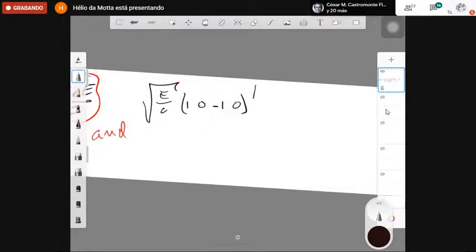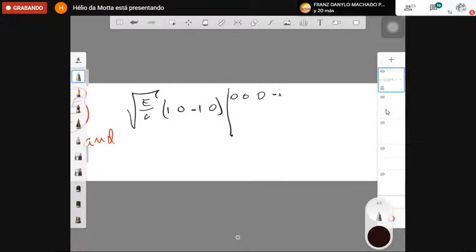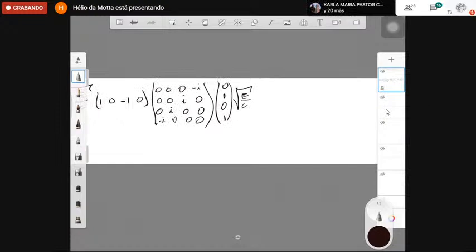Again, the matrix here, that's 0, 0, 0, 0, minus I, 0, 0, I, and 0, 0, I, 0, 0, minus I, 0, 0, 0. And 0, 1, 0, 1. And E, let's see. And if you make this calculation, the result will be minus 2I